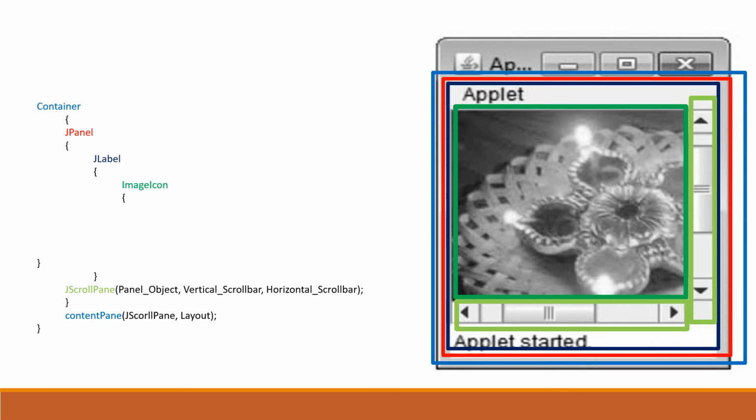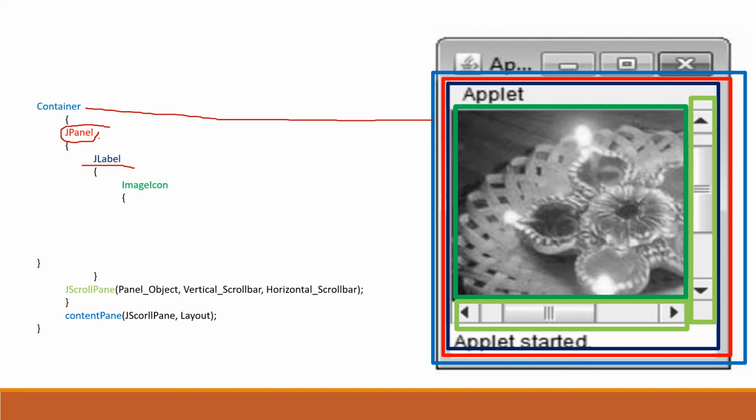Here in this slide, an overview of the creation of the scroll pane is shown, and in the next slide we have written the entire program of the scroll pane. Just pause the video and compare with this overview. For that, first you have to create the container object, and next you have to create the object of the panel, and in that panel you can add the components which you want to add. Suppose you want to add an image on the component, you can create the object of the image and add to that particular component.